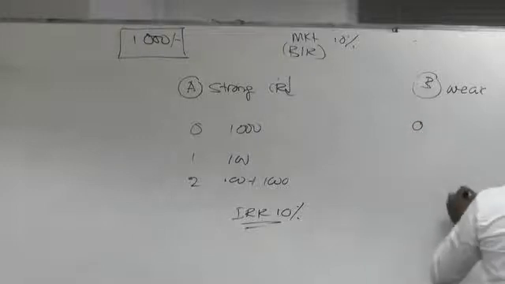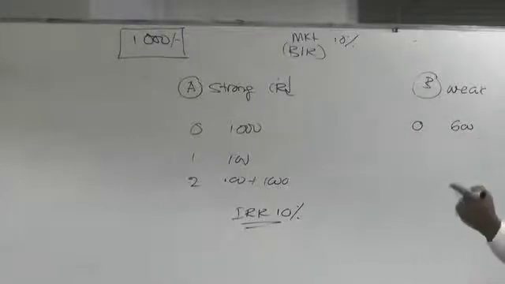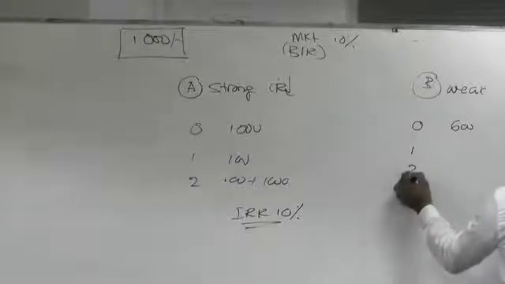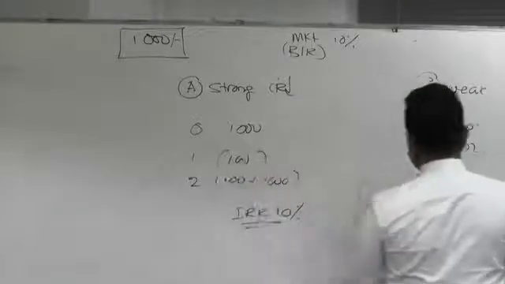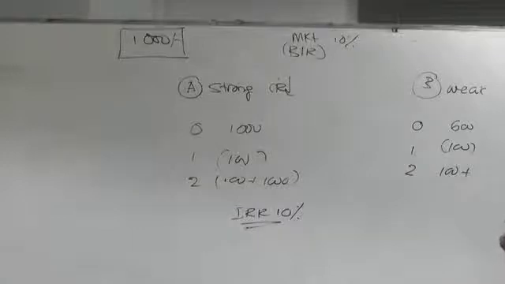At year 0, you will issue it at 600. But you have to pay interest on the face value. You will pay interest in year 1, 100, and in year 2, 100 plus the capital. At least you have to agree to pay a premium. Say you will pay a 10% premium. Therefore, you will repay 1,100.